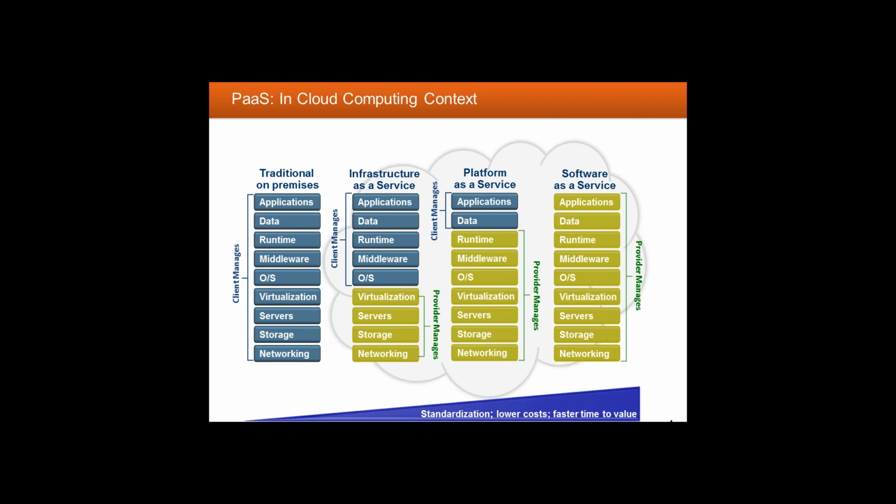So on this chart, what we're looking at is a variety of ways in which applications get deployed. And on the left-hand side, all in blue there, is the traditional way of deploying and running an application on premises within your own enterprise. In that case, you've got the hardware at the bottom, the servers, the storage, the networking, any virtualization, any operating systems you're going to use, and then the middleware stack, the runtimes you're going to use, the data, and the applications. And you're responsible for all of that stuff if you're going to run it on premises.